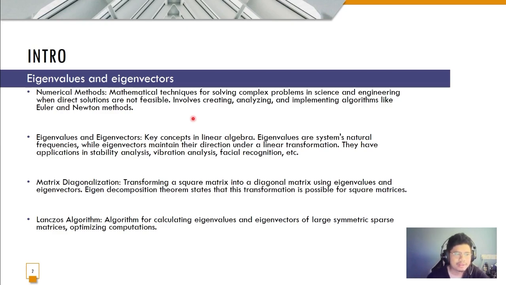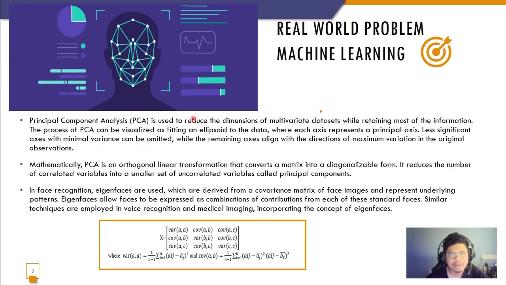So it comes in two methods: matrix diagonalization, which transforms the square matrix, and the Lanczos algorithm, which calculates eigenvalues and eigenvectors of large symmetric sparse matrices, optimizing computation. So next slide, we'll be presenting the real world problems, which we conclude to include 4